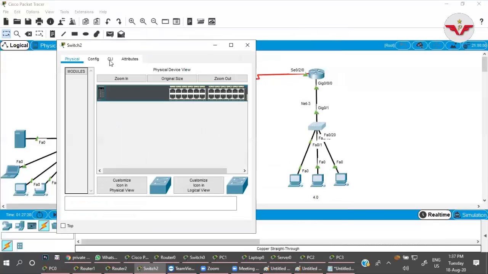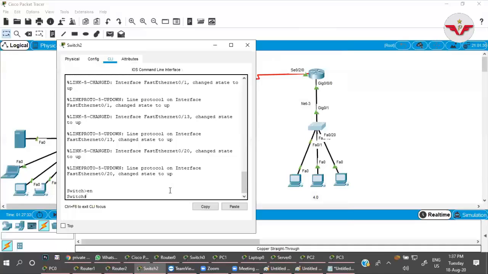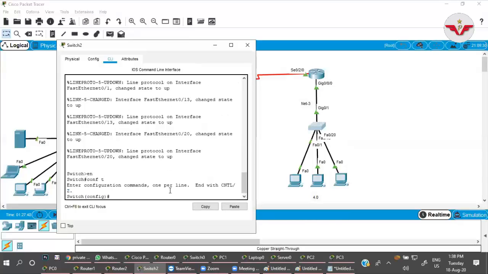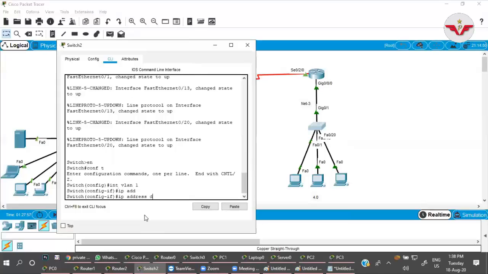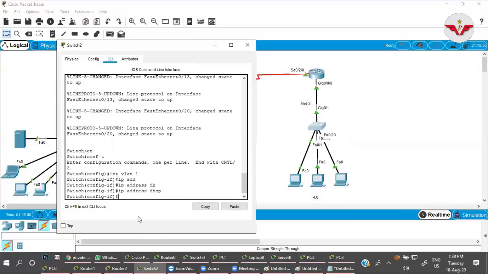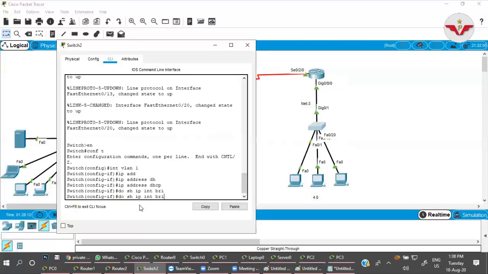I will go here, enable, config t, int VLAN 1, IP address DHCP. Do show IP int brief.